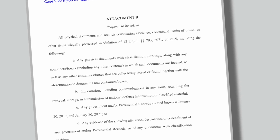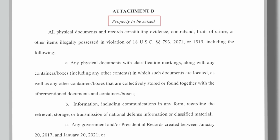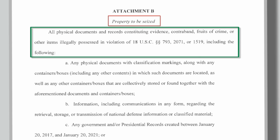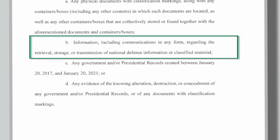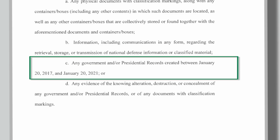Then, in terms of what they were actually looking for, here is what the search warrant goes on to say under the tab titled Property to be Searched. Quote, "All physical documents and records constituting evidence, contraband, fruits of crime, or other items illegally possessed, including the following: any physical documents with classification markings, along with any containers or boxes, including any other contents in which such documents are located, information, including communications in any form regarding the retrieval, storage, or transmission of national defense information or classified material, any government and or presidential records created between January 20th, 2017 and January 20th of 2021,